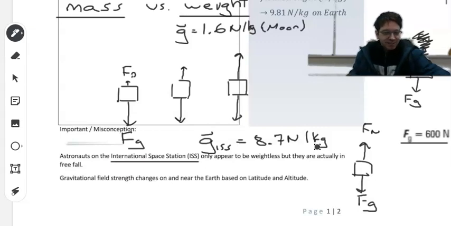And the reason for that is they are in free fall. The only force acting on them is gravity, and so they're falling. They're accelerating downwards at this point, 8.7 meters per second squared, which is very close to what we would feel if we just dropped something on the Earth. Okay,